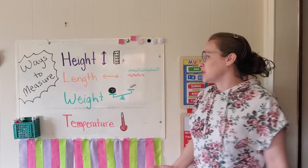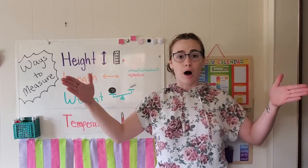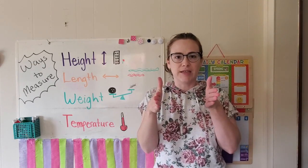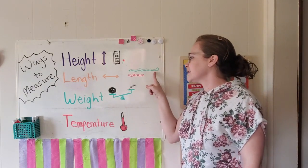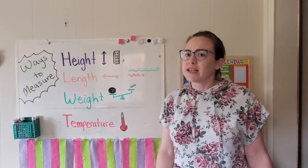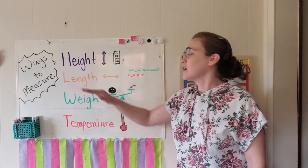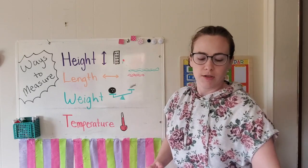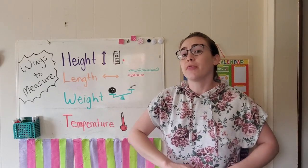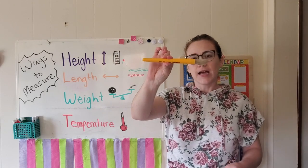What's another way we can measure? Well, we can measure length. That's how long or short something is. Like, the green snake is longer than the red snake. It's kind of like height, but things that you want to measure length are going to be laying down. So you would want to measure the length of a paintbrush, because it sits like this,